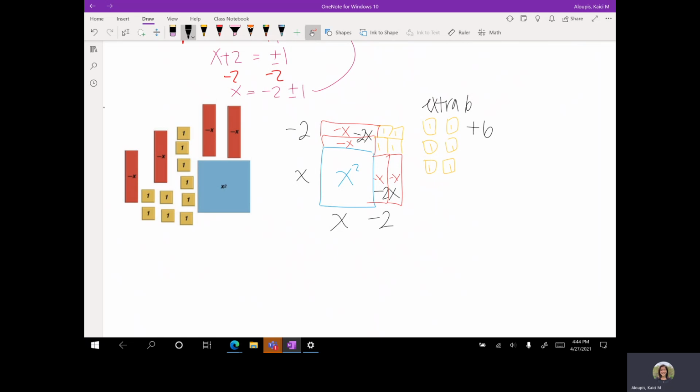Good thing to know. What we're going to do now is write our general form. And remember, that's just counting everything that we see that I just drew, which I drew based on what I saw right here. So I see 1x squared. I see 4 negative x's, and I see plus 10 yellow tiles. There's my general form. For my vertex form,